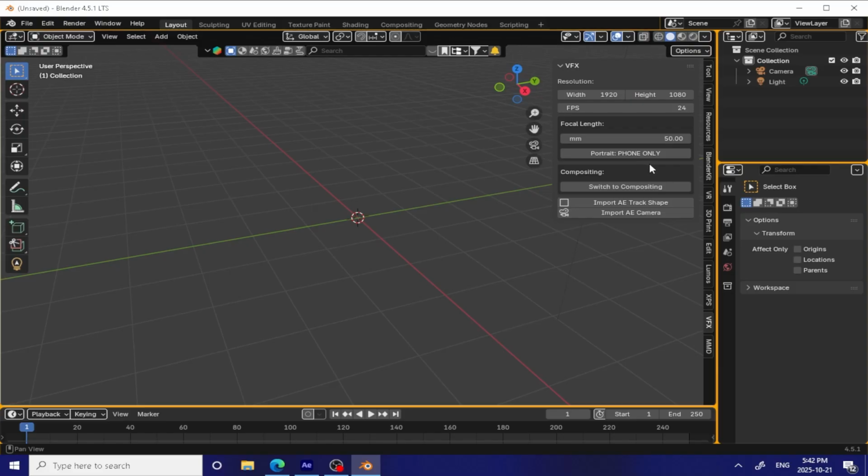This works best with phone footage, so I love making shorts with VFX and stuff, so I figured I'd go in and make a few options right here so we can divide our focal length, and I'll show you the reason why I have that later. This is for phones only. If you're just doing a landscape shot, you do not need to worry about this. Just paste your focal length in and you're good to go. But then this just basically divides it by 1.7778 in one button